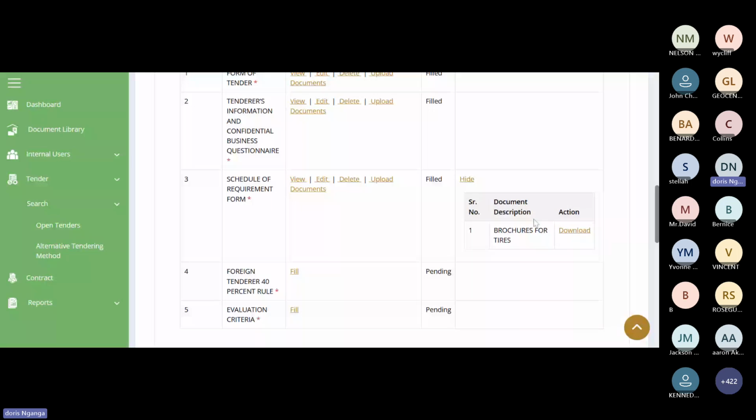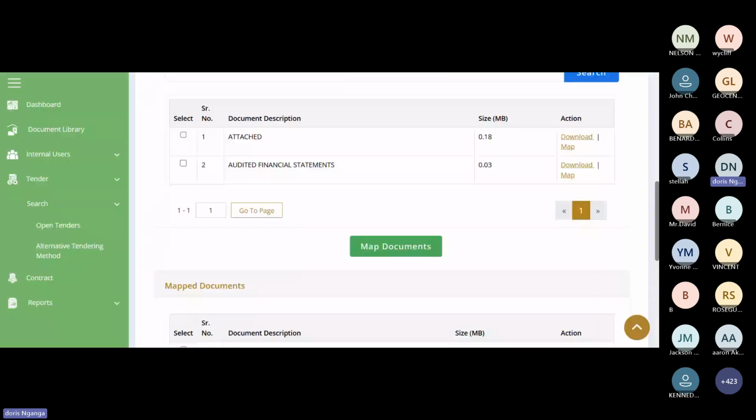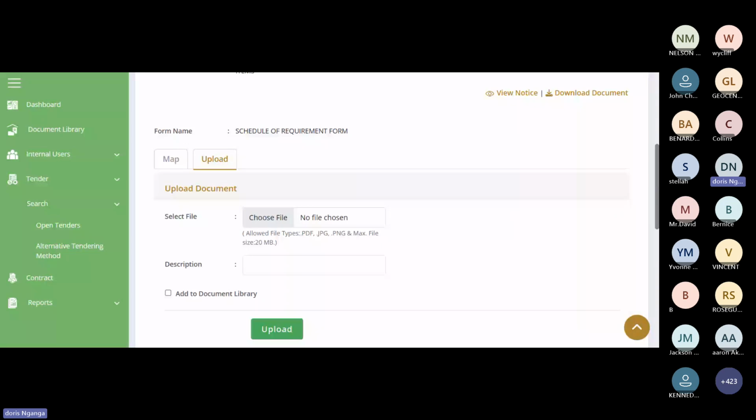If you need to upload another document, let's say, for example, the tires were different sizes, you can come back and upload a document. For instance, the tires were more than one size. I'll come upload the second brochure and say brochure 4, a second type of tire that the procuring entity had requested.